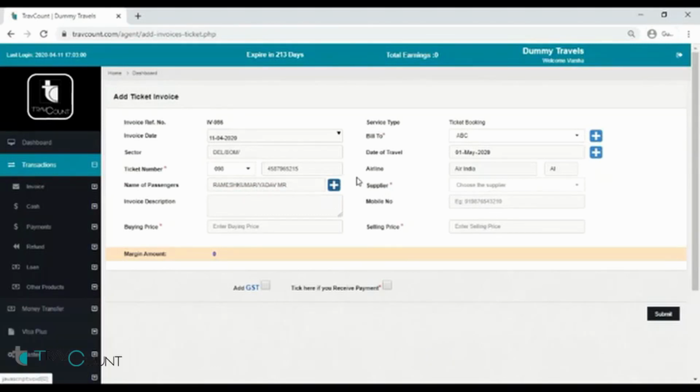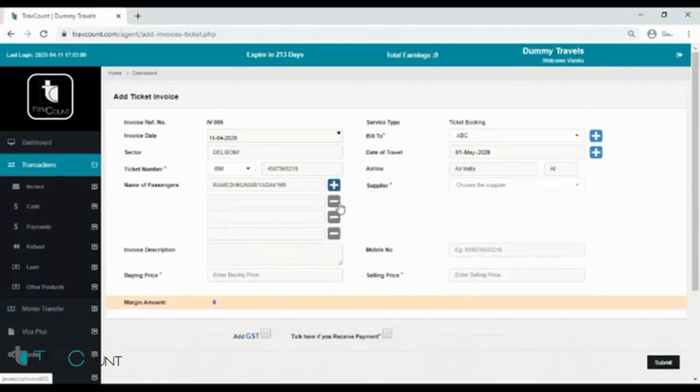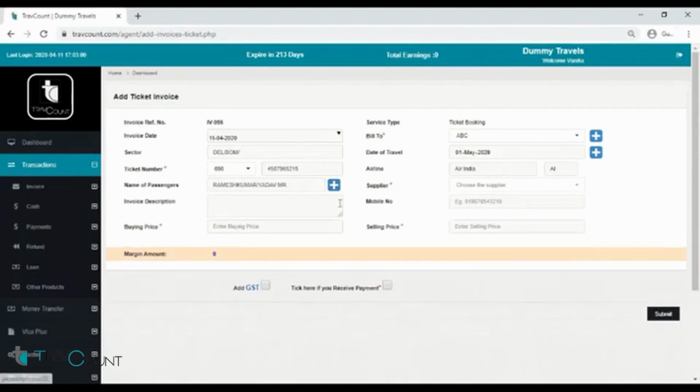Sometimes for these domestic budget carriers like Indigo, Air India, you will get a lot of passengers traveling together in a single PNR, so you can add the passenger names here.